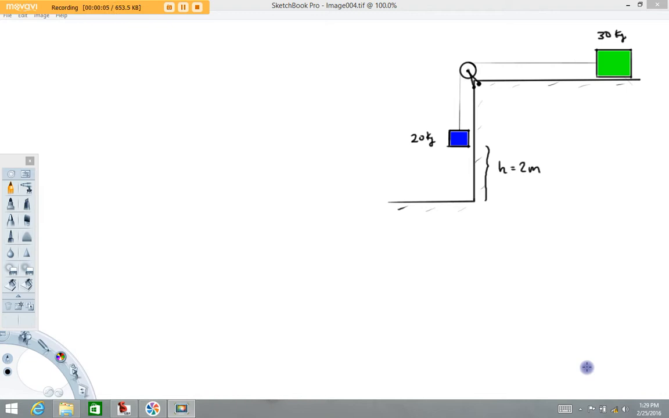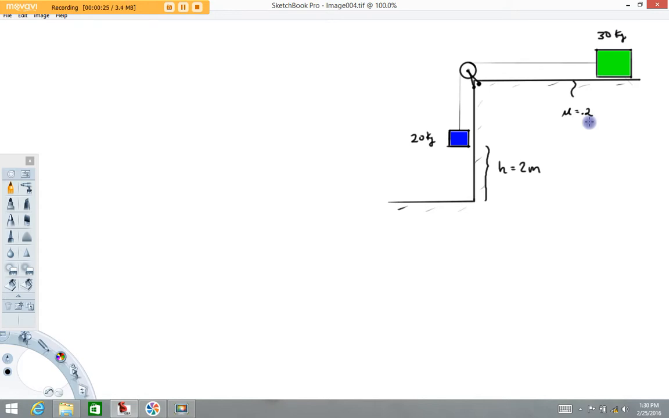The purpose of this video is to demonstrate how to apply work-energy methods to a combined problem, a system that's tied together. In this example, we're going to include a frictional coefficient of 0.2 and see how that affects the problem. So,